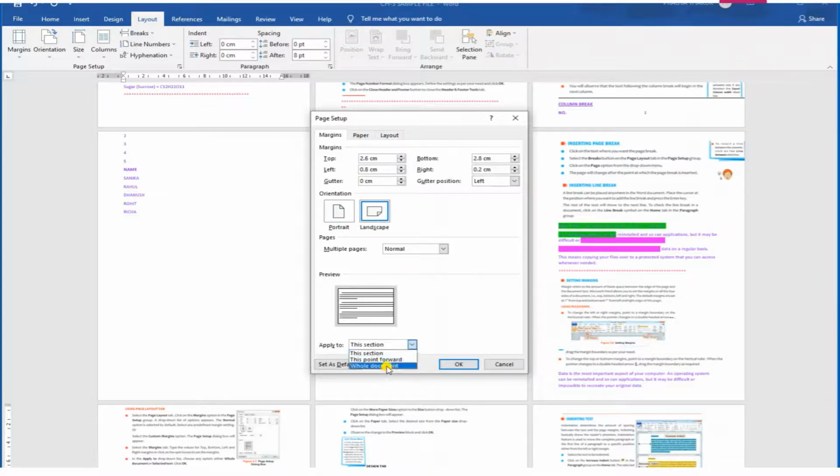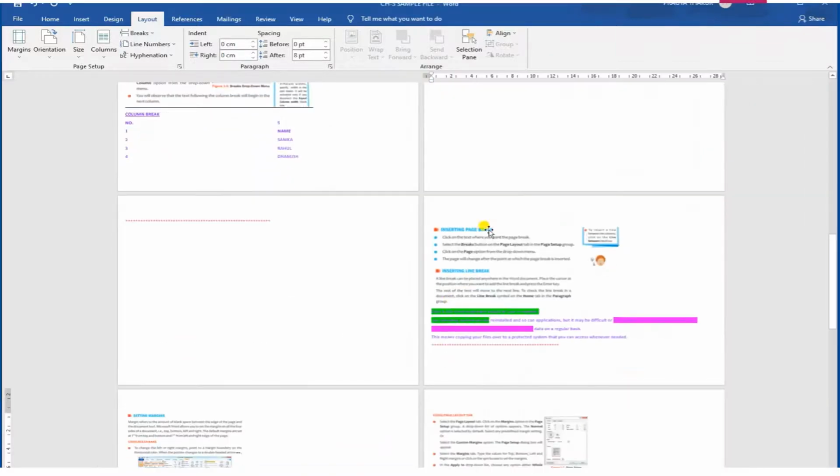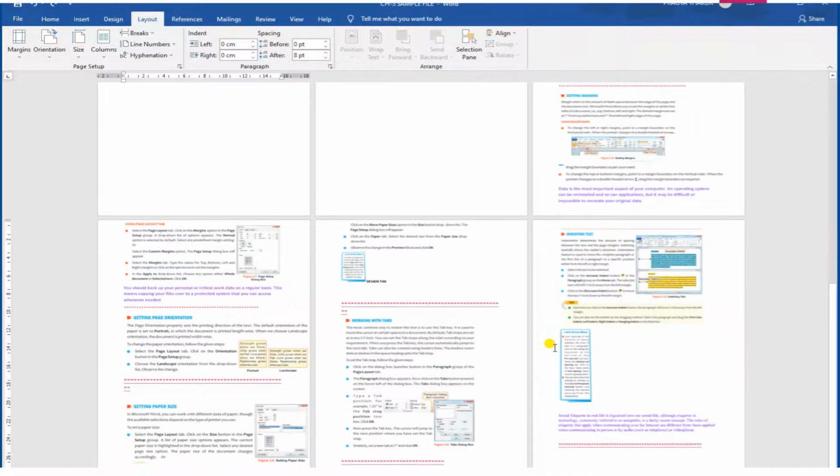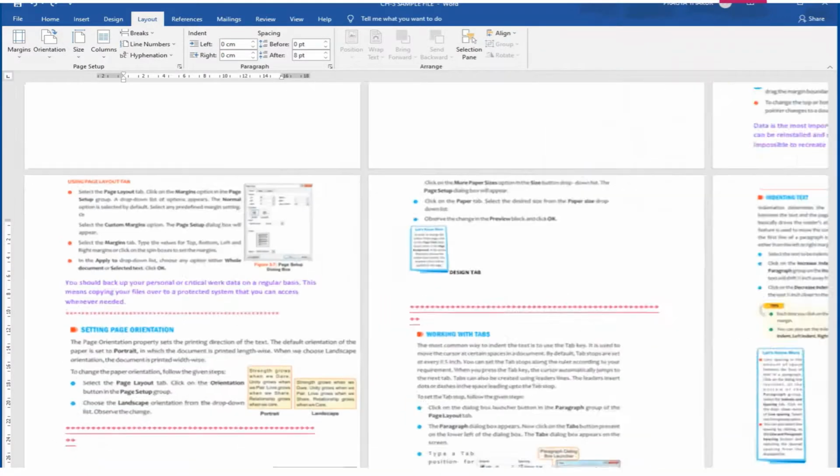Click here, whole document, click OK. Now you can see the change. So in this way we can change the page orientation of each and every page. Now after page orientation,